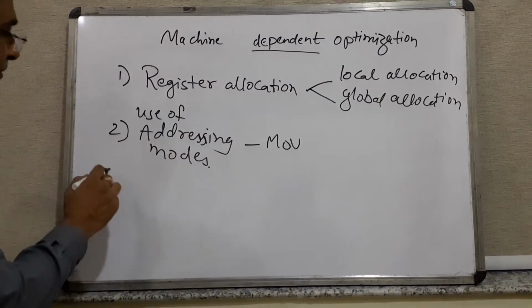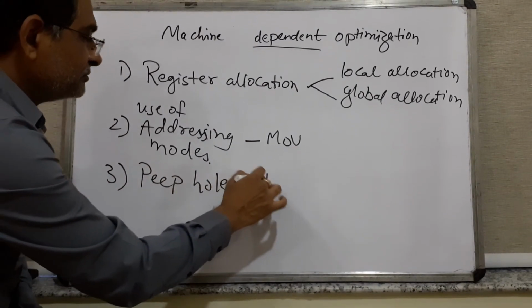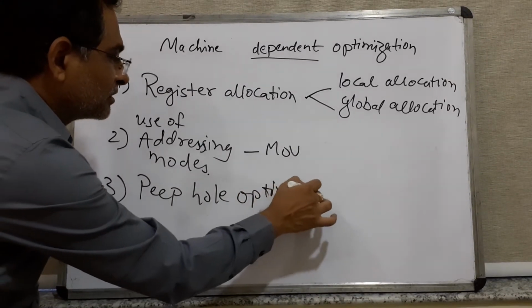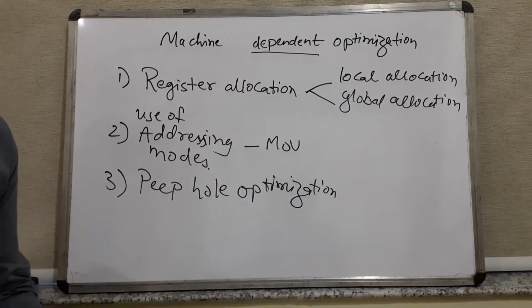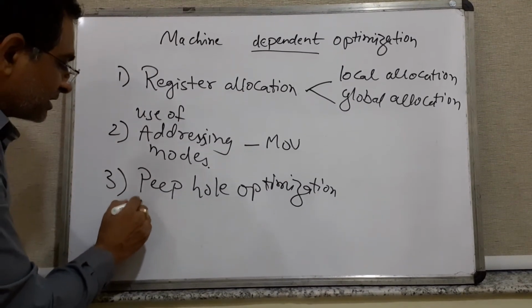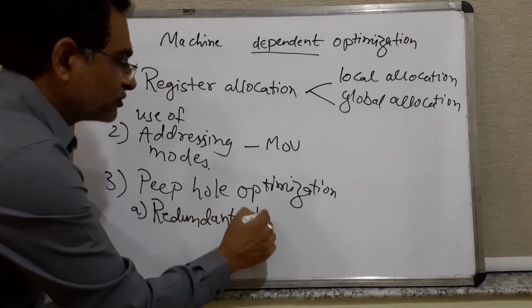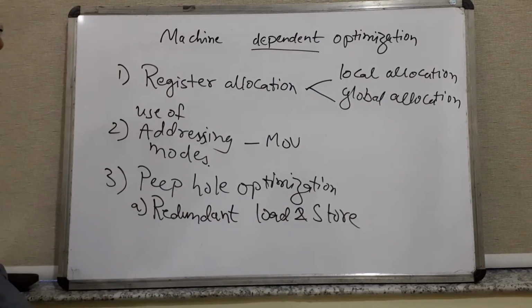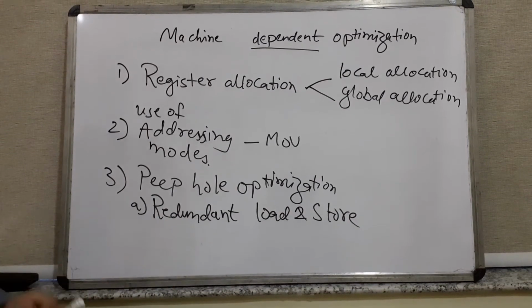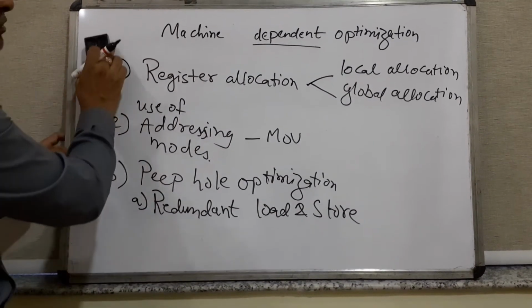And the last one, maybe, is peephole optimization. Not maybe the last one, there are a few other techniques also available. There is, let's say, redundant load and store elimination. Inside this, I am talking about removing the redundancy of load and store. Load and store we'll take with a separate example so that it becomes much more clear, right? Peephole optimization will be used to explain the redundant load and store.